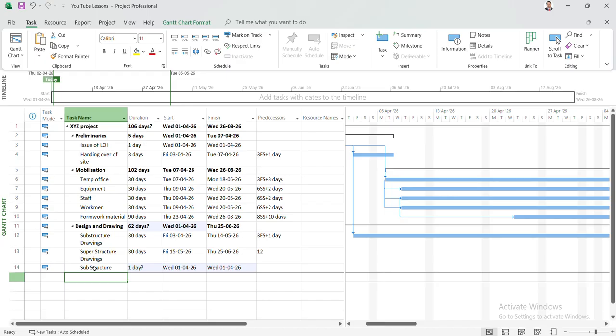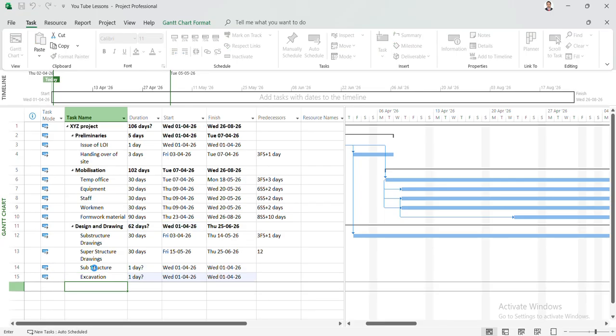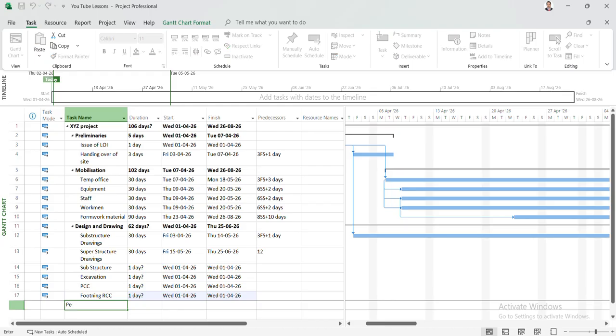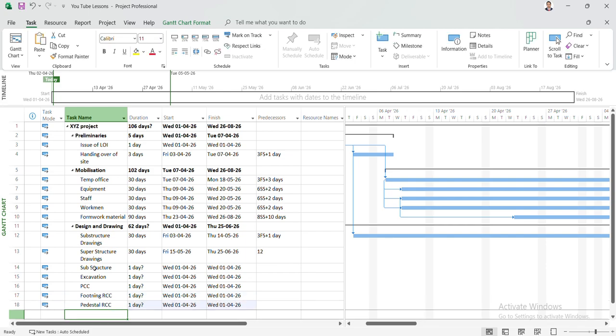Below the substructure, we'll add some activities: excavation, then PCC, then footing RCC, then pedestal RCC,